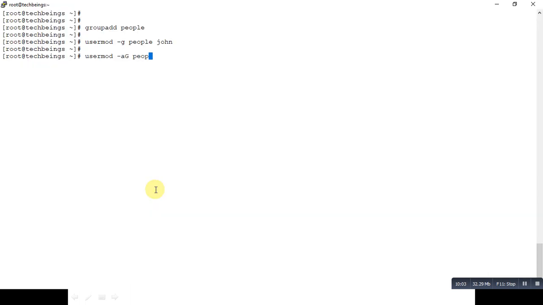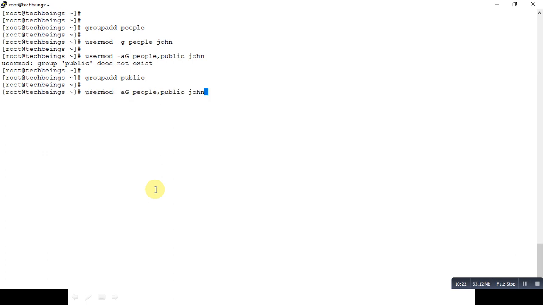I think this will give an error because the public group is not yet created. So I'll create the group public, and then when we run this command, now it is added. The user John is added to both the groups. So this is how we add a newly created user to any group. Let's move to the next slide.